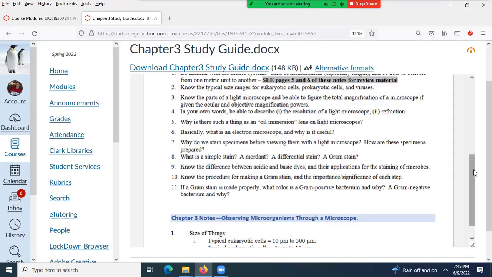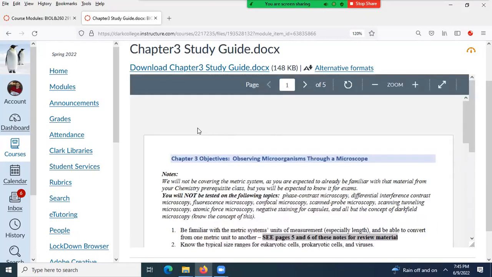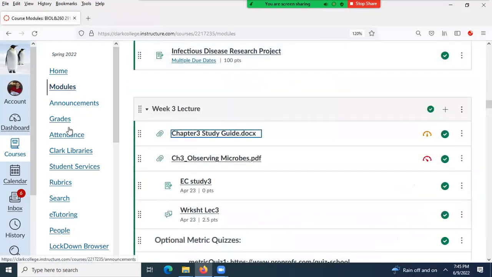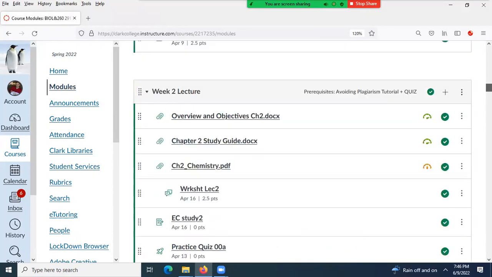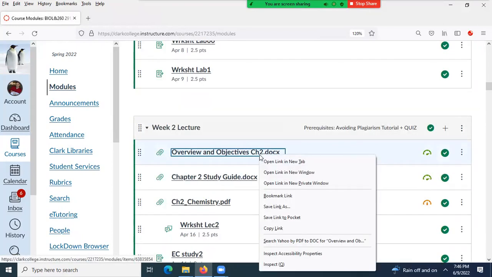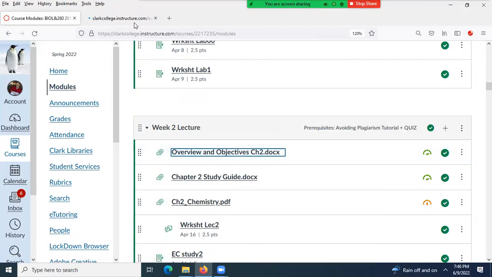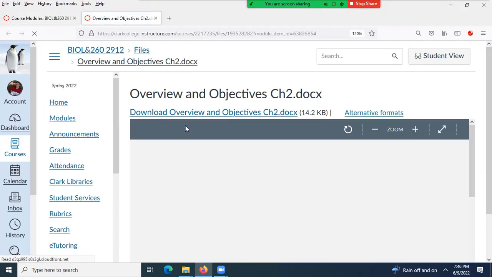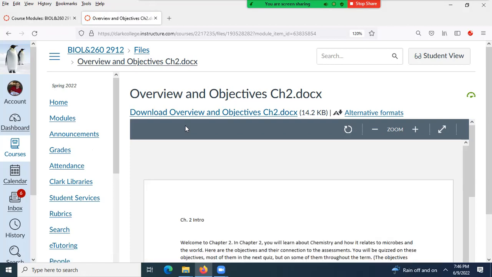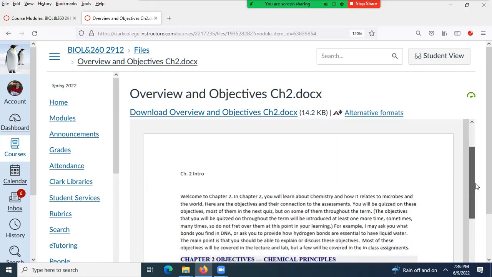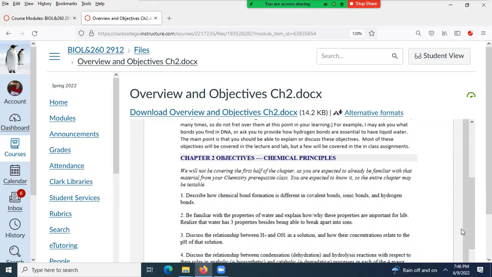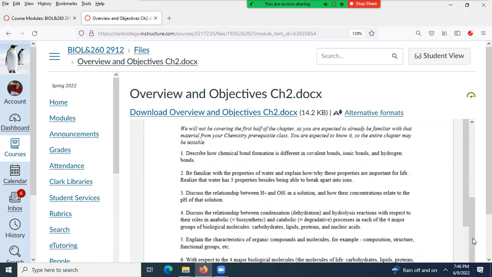Any questions about chapter 3? If not, let's quickly go over chapter 2. I'm unlikely to ask you specific questions about chapter 2. However, I will take it that you understand the chemistry of chapter 2, meaning when I ask you a question, it's understood that you understand the chemistry. So you should know about chemical bonds: covalent bond, ionic bond, and hydrogen bond.